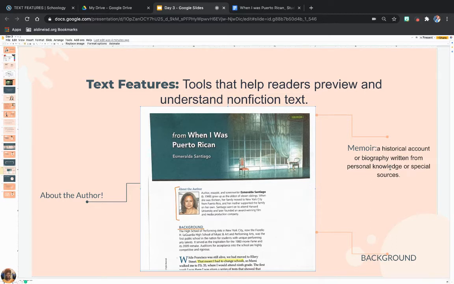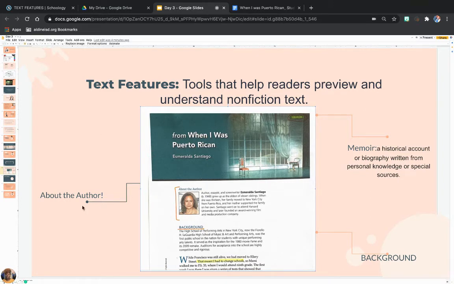So off the bat, we understand that the story that we're getting ready to engage in is based off somebody's real life experience with whatever we're getting ready to read about. You don't even have to read the story before you understand that the story is facts. They are facts for Esmeralda Santiago. We know that her name is Esmeralda Santiago. We talked about it in the beginning, but Esmeralda Santiago wrote this memoir based on her own personal experience.